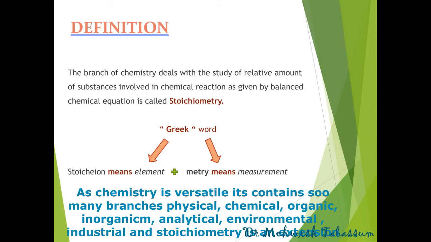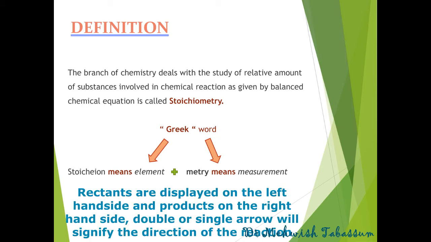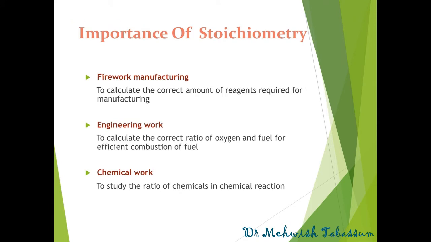We can say that chemical reactions are frequently written as an equation using chemical symbols. Reactants are displayed on the left hand side of the equation and the products are shown on the right, with the separation of either a single or double arrow that signifies the direction of the reaction. It is a kind of difficult word, but with long practice, we will have the correct pronunciation of stoichiometry, right?